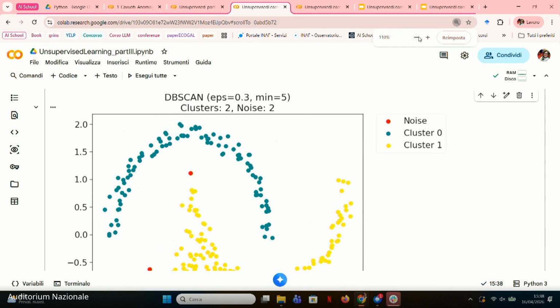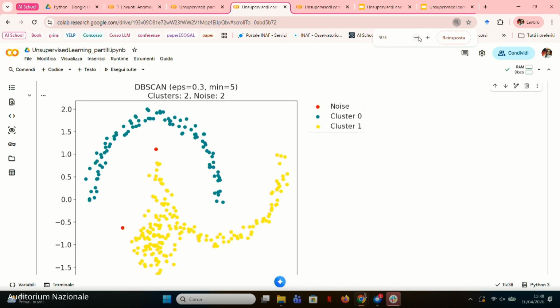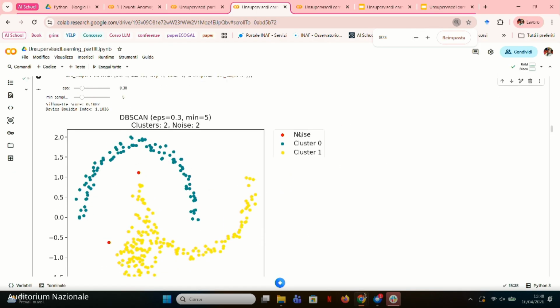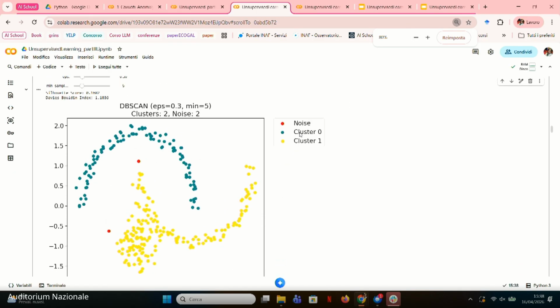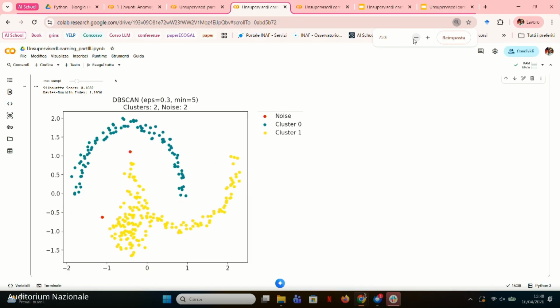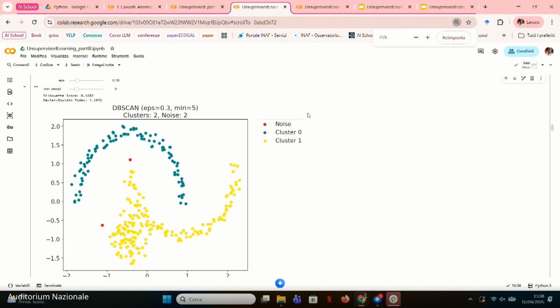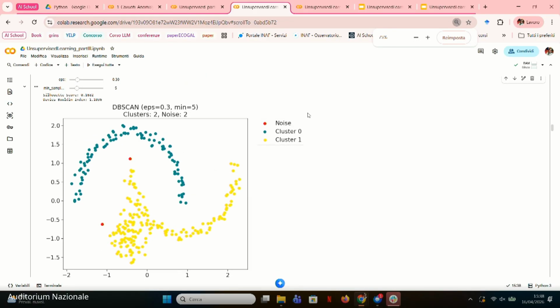Sorry if it is not so good for the labels, but let me do this in order to have the whole plot within the screen. Here we can see how our DBSCAN works when we change the epsilon and the minimum sample size,